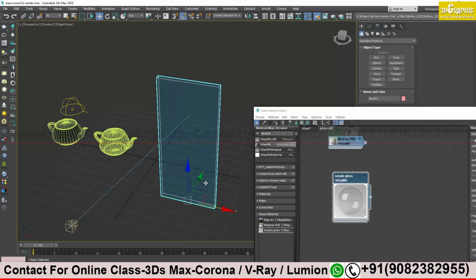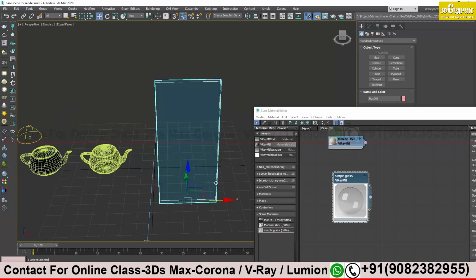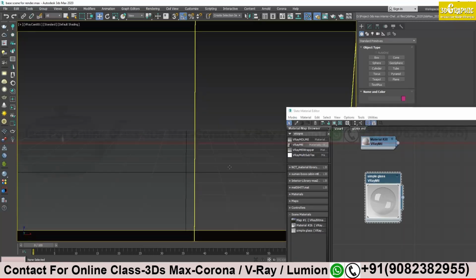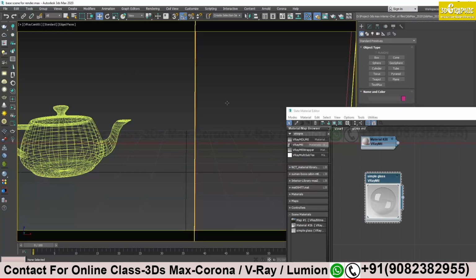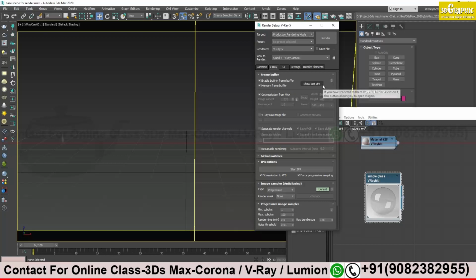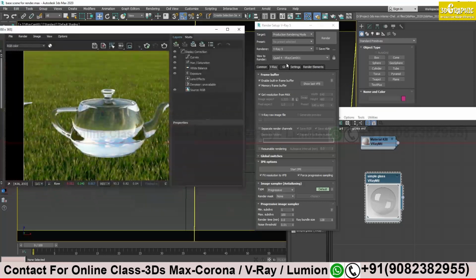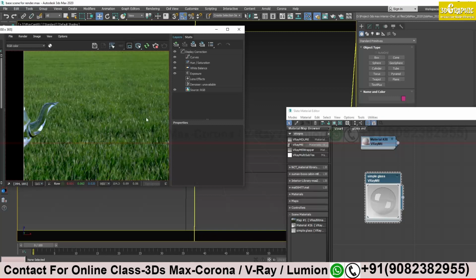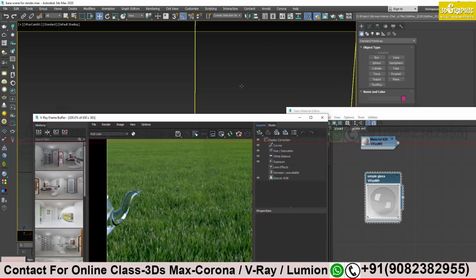Same glass I will apply over here. Let's see what result we are getting over here. This is the glass. It is so transparent that it is not able to be found out. It is here, over here, not able to see it.